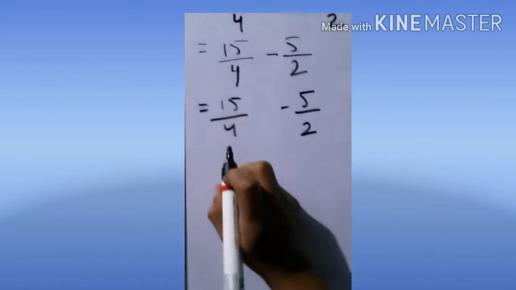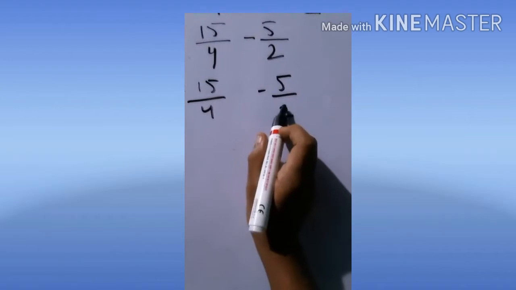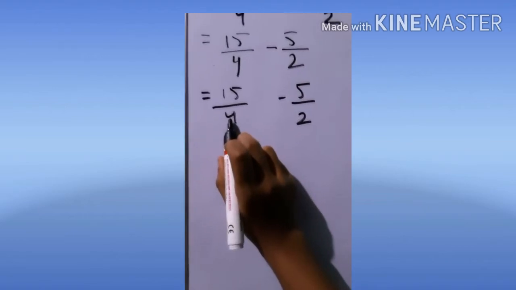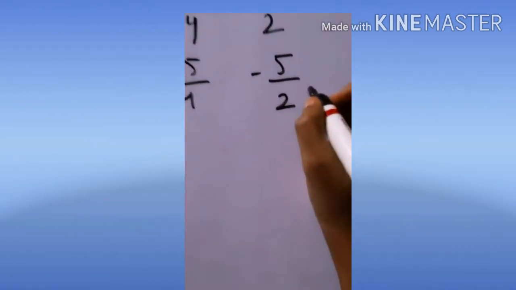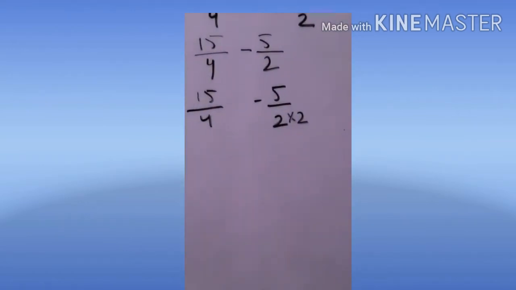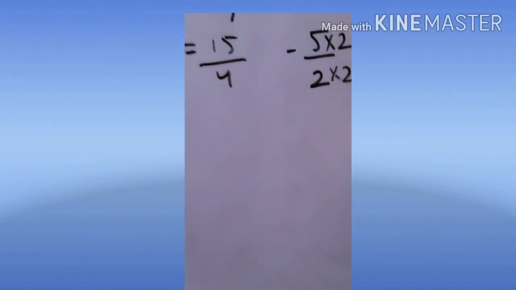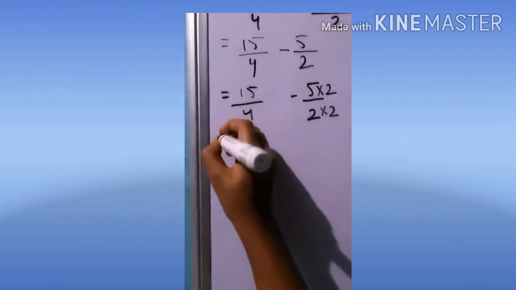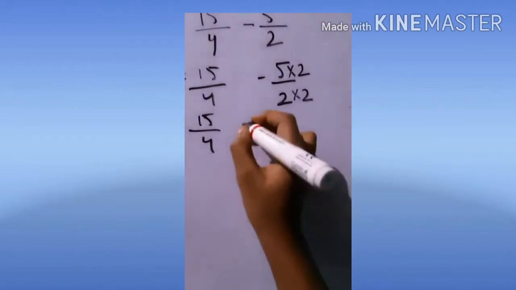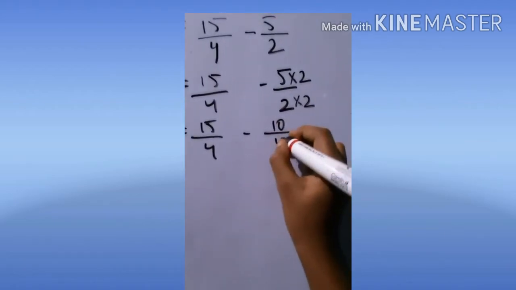So now you can notice that the denominators are different. Here this denominator is smaller, but it is divisible by the other denominator. So we will multiply. How much does it go? 2 2s is 4. Now when we multiply the denominator, we will multiply the numerator the same way. Which equals, we will write first as it is, minus 5 multiplied by 2 is 10, and 2 multiplied by 2 is 4.